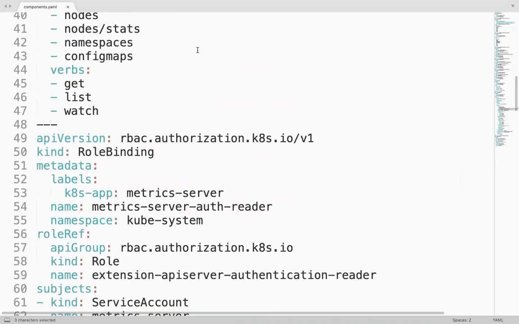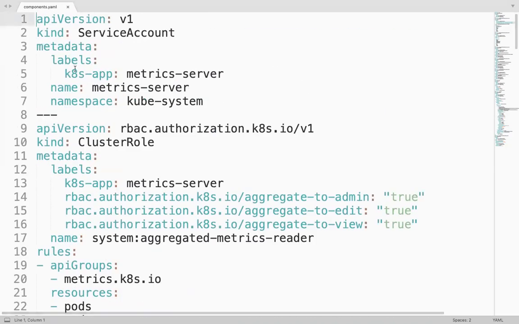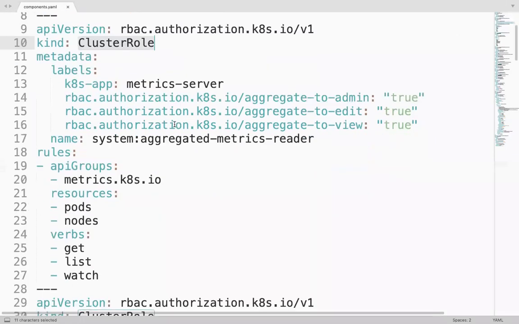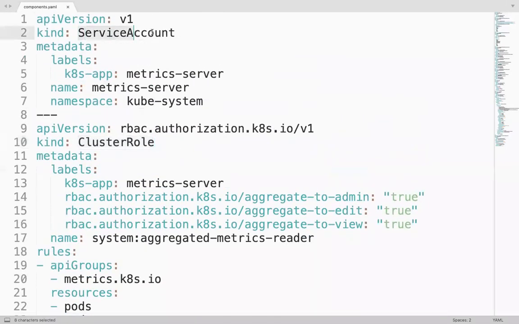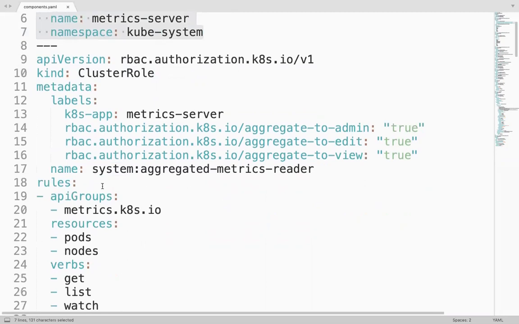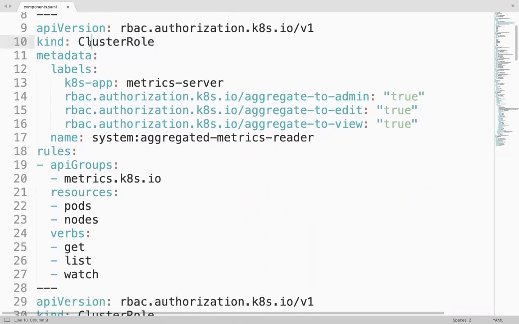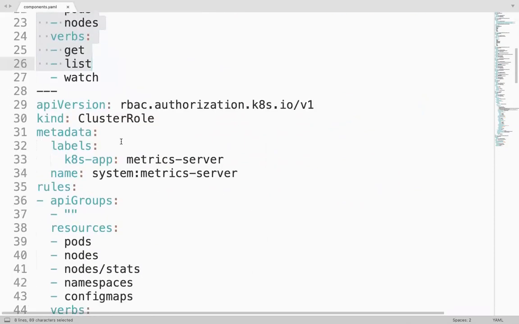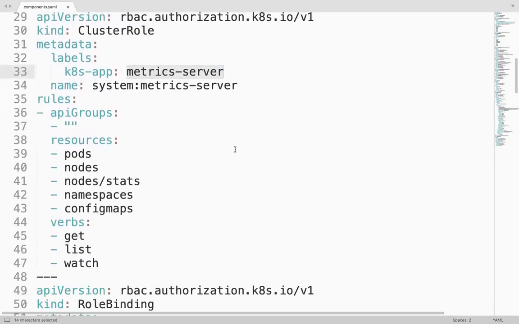Now, if you see, we are creating some other objects. In RBAC, we will discuss what is service account, what is cluster role. We are creating another object called service account when we are deploying a metric server. We are creating one service account and a cluster role, the metric server cluster role.